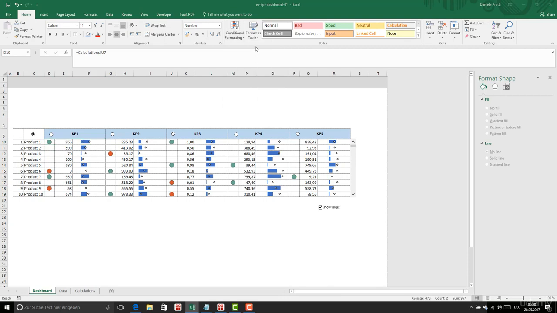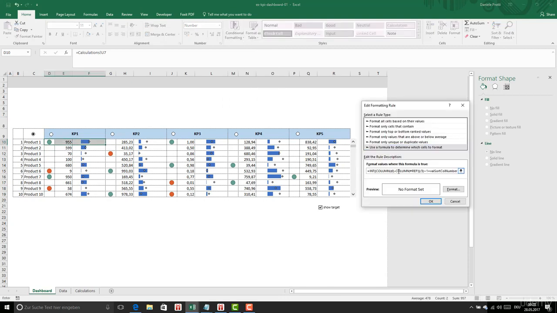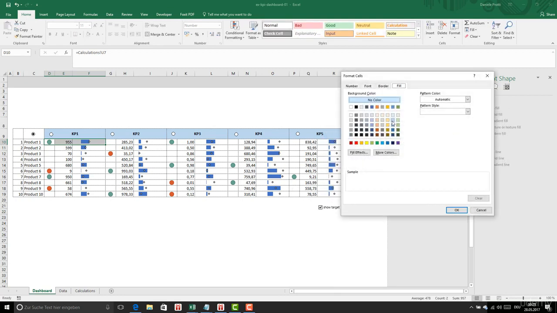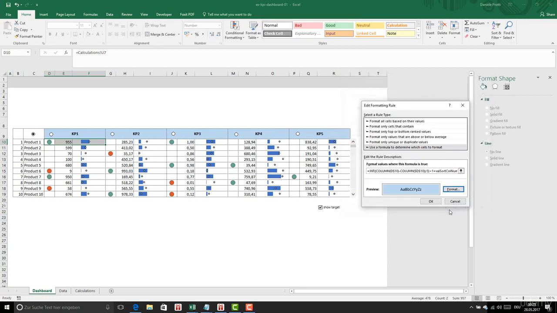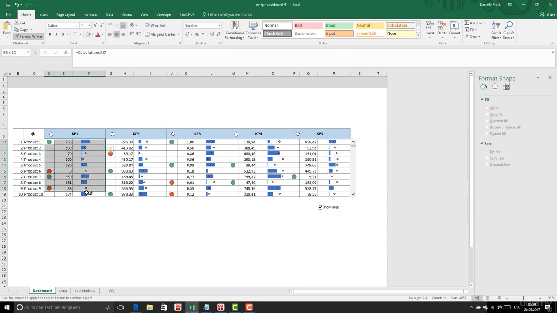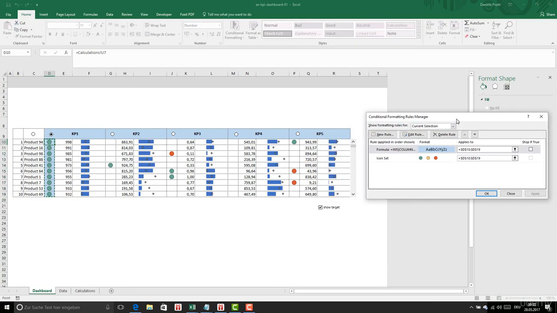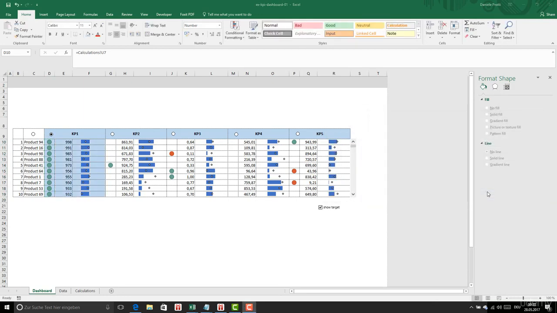Conditional formatting, the $10, and here is $10. Okay, and then the format is this one on this. So this applies to D10 until R19. Okay, so